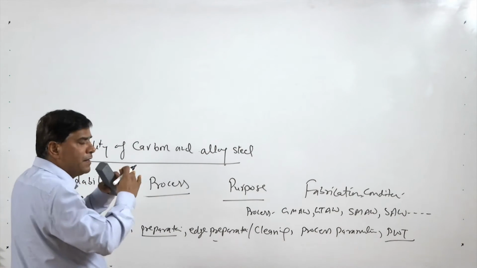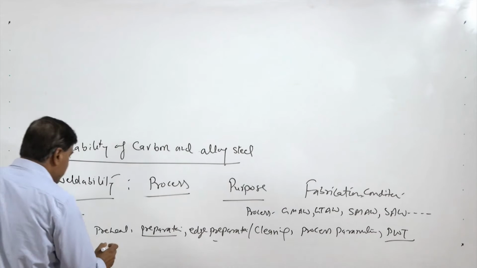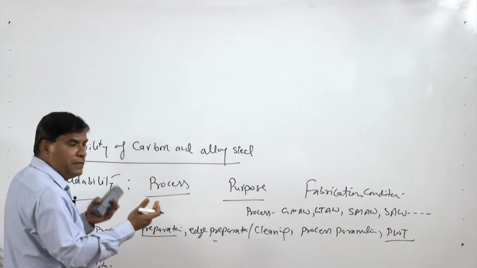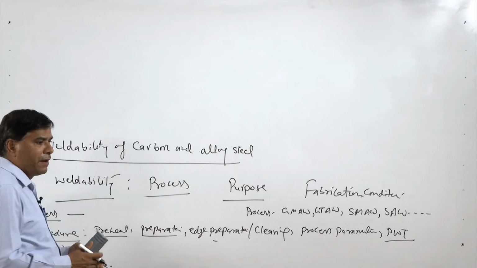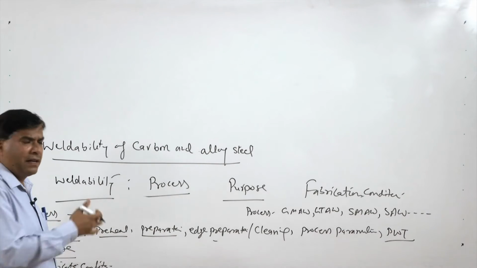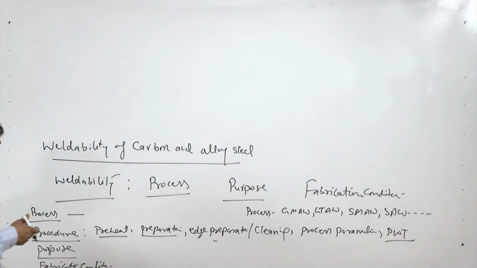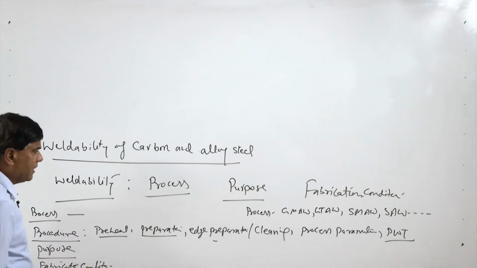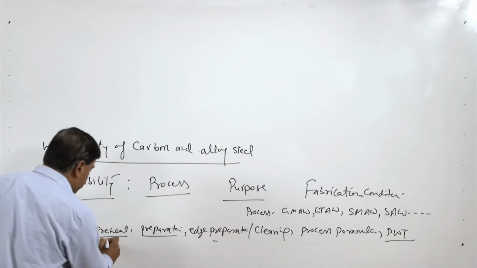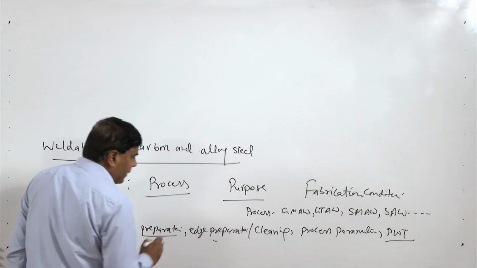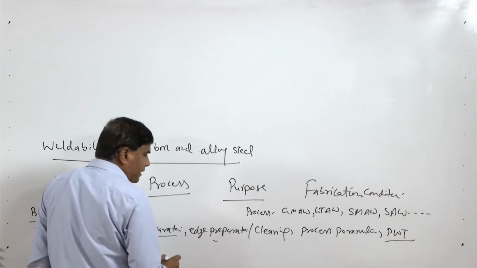If the material is of high hardenability, and the proper preheat is used, then it will result in a good quality weld joint. If the preheat is not proper or it is less than the required one, then it can lead to the development of cracks or high residual stresses, which can degrade the performance of the weld joint. So, proper preheat has to be there, the proper kind of edges must be prepared, otherwise the joint may